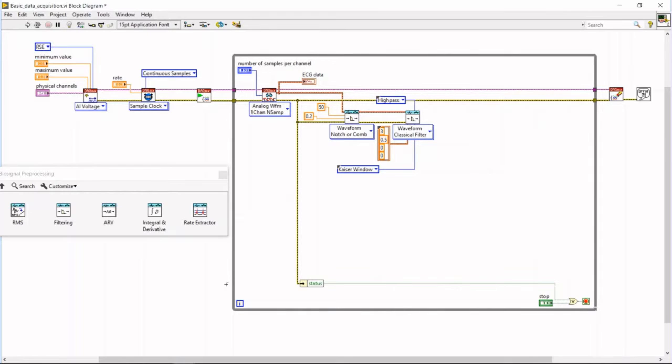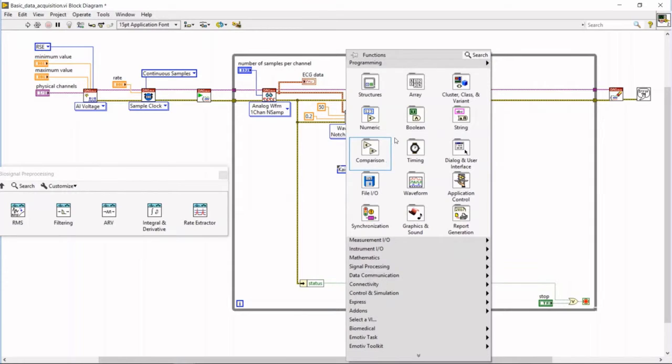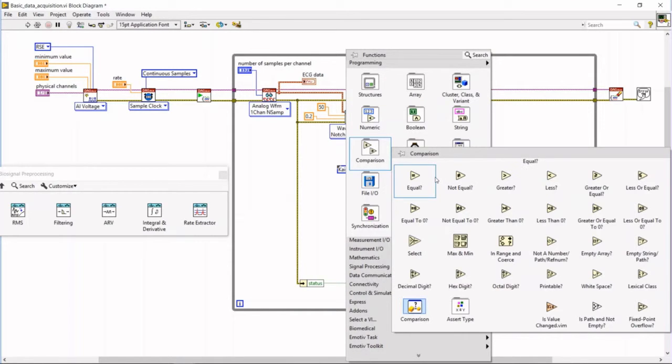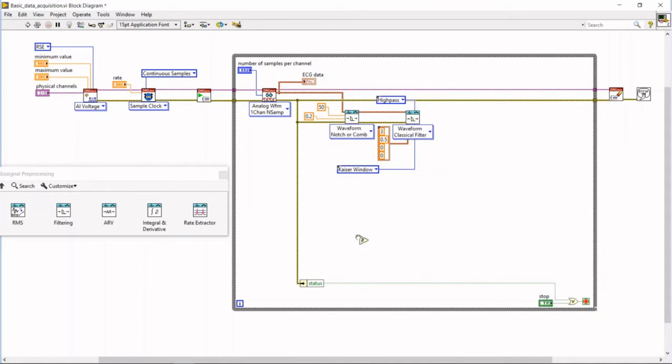We are going to collect the data, and when it becomes greater than 50, we are going to calculate the heart rate. So why 50? Because in 50th iteration, the 5 seconds will pass, and that is enough time so we can estimate the heart rate of a person. I'm going to put comparison greater or equal than 50, and I'm going to set that